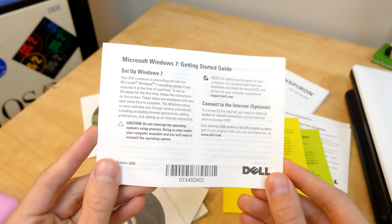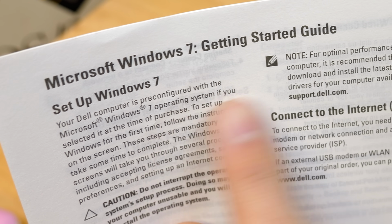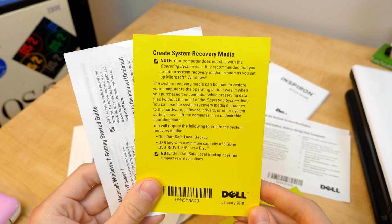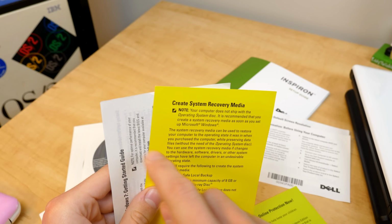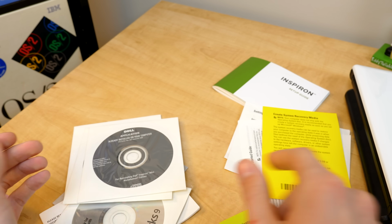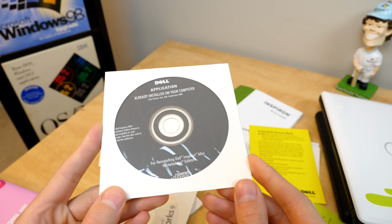Windows 7 Getting Started guide. Your Dell computer is pre-configured with the Microsoft Windows 7 operating system. No, it's not. So my guess is both of these pieces of paper come from some other computer and that Dell did not ship the Windows 7 recovery media with that system, so you had to make it yourself. You've got your drivers and utilities on this one, and this one contains the